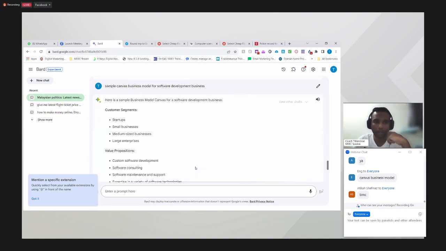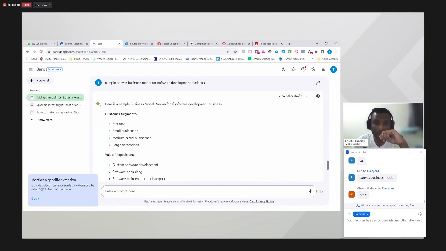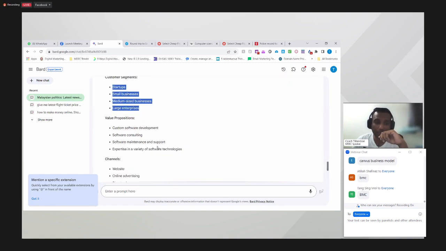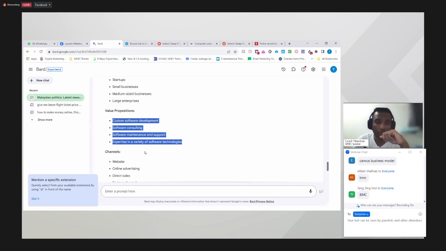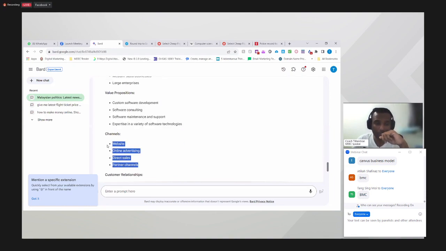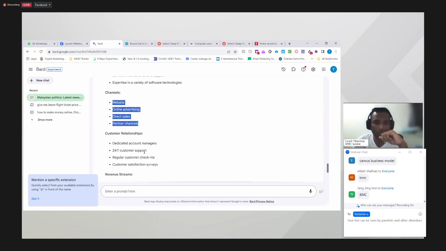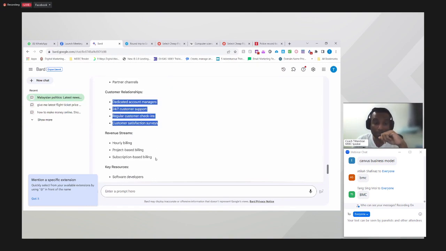I show you, okay, so you see here for software development, it has given us general information: our customers, who we can target. What is our USP, value proposition, if we want to do a software business, what is the unique selling point we must put. How we get sales, what are the channels that we're going to use, how do we maintain the customer relationship, how we make money from software development.